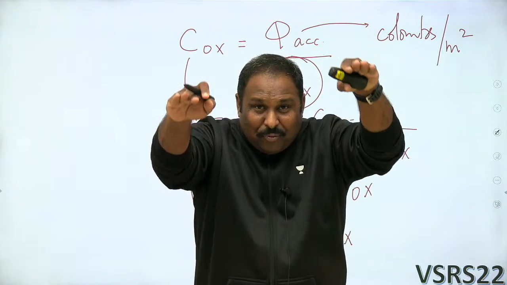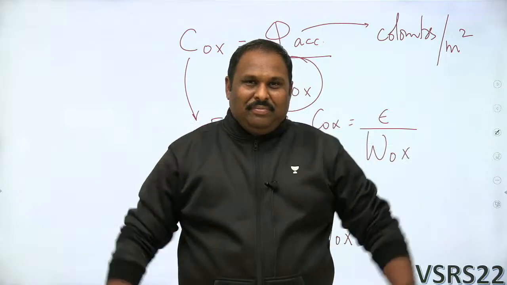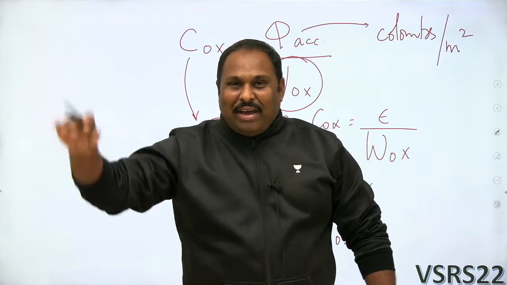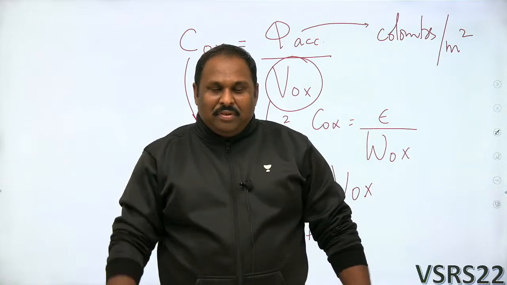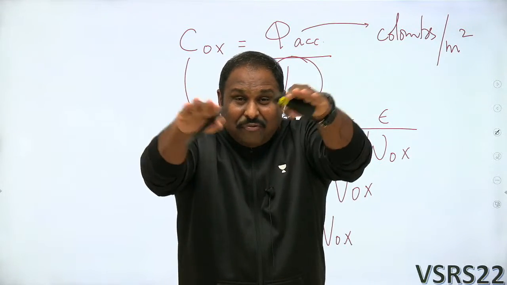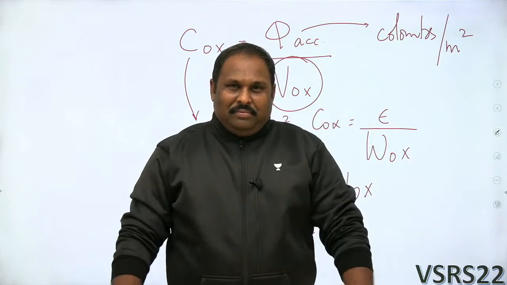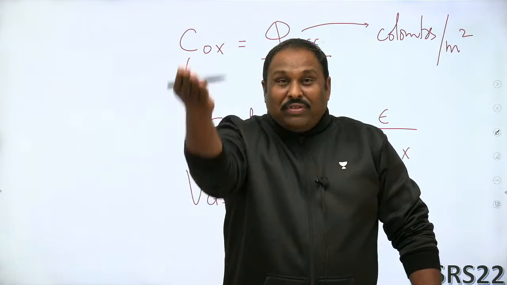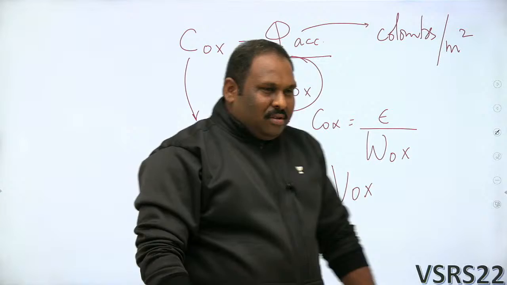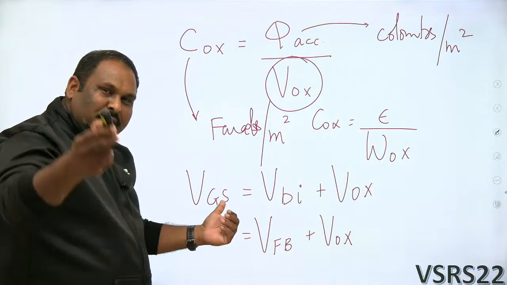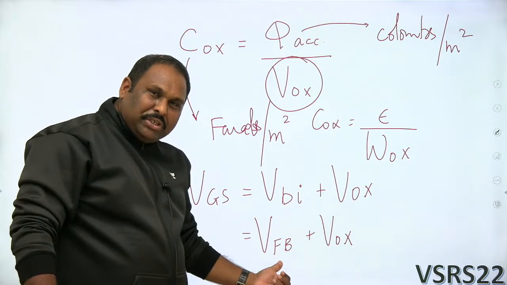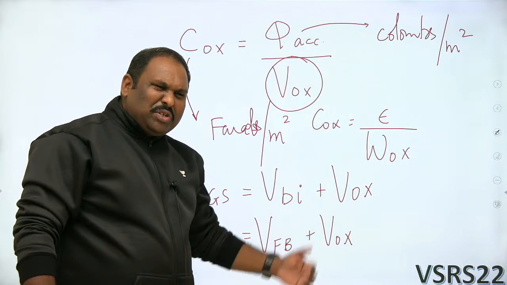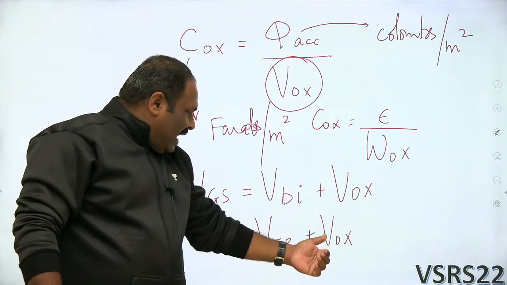Minimum voltage required for both the Fermi levels to be the same. Metal has a different average, semiconductor has a different average, substrate has a different average. For the averages to be balanced, flat band, for the movement of the carriers. So therefore your gate voltage is consumed in two parts: the flat band voltage, which is the difference of the Fermi levels, also called built-in, and the oxide layer.